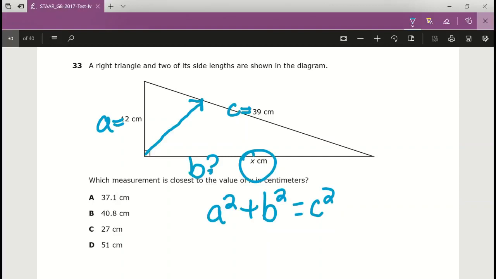We do know A is 12 centimeters. So 12 squared plus, we don't know B, we're trying to find B, so B squared equals, and we know C, which is 39, so 39 squared. From here, to solve these, again, for Pythagorean theorem questions, what we do is we use nsolve. So we do nsolve